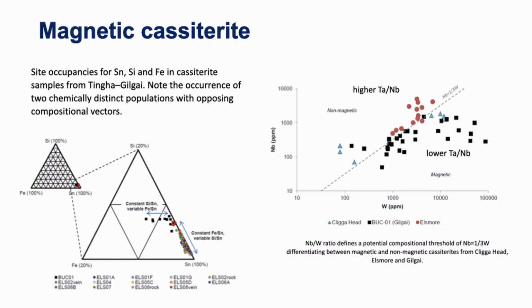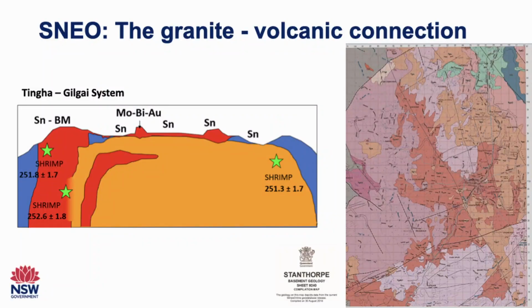Another very unusual factor about the tin granites of New England is they tend to be very flat and pancake shaped. You can see that on the geophysics where they have radiometric signatures consistent with them being very evolved but actually magnetic beneath them because they're just sitting as thin films. The Mole Granite is 40 kilometres wide. They're basically pancakes. To do that they have to rise and sit beneath something, and we think that's the